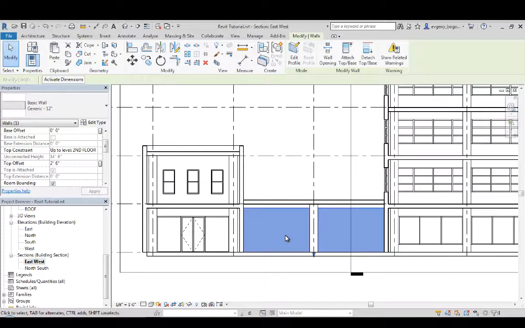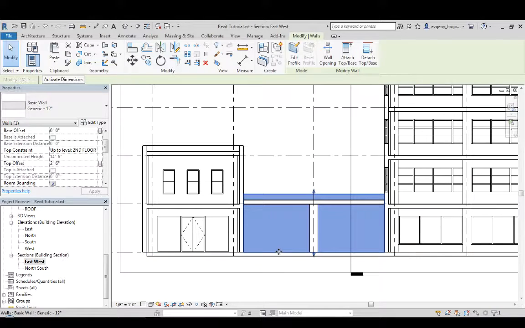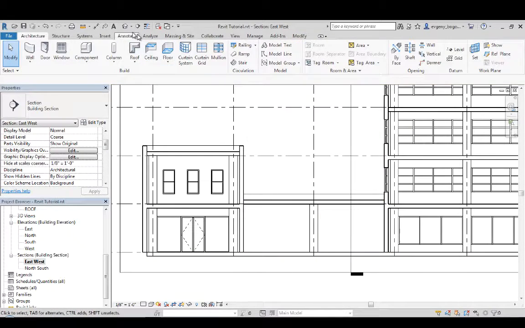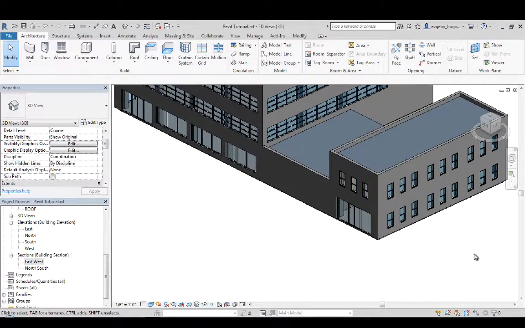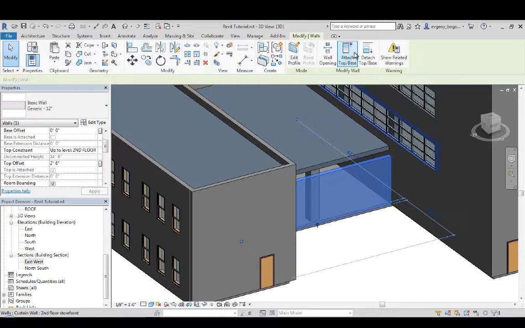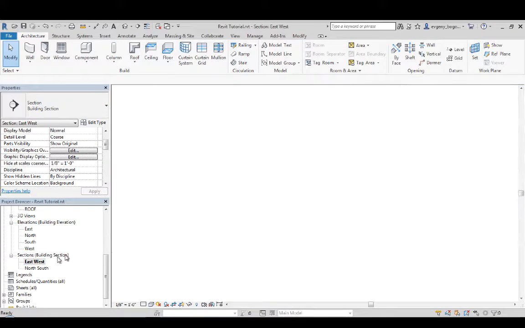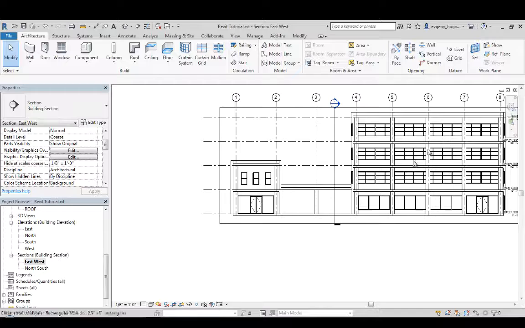So what I have to do is detach the top base. This particular wall I want to detach it. So detach and then select the floor slab. So now there's nothing to stop the wall from going to whatever the setting is in here. And I will have the same problem on the other side. This one. Select, detach top base, detach it from the slab, which actually is kind of hard to select over here. So probably best would be to go to